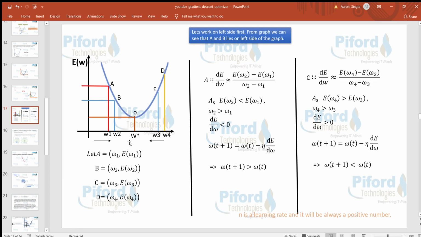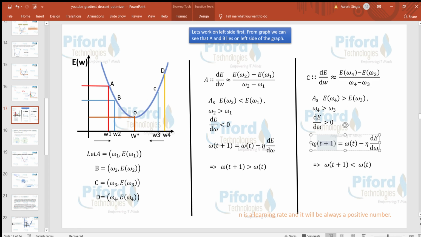We are going left, which is again good, because if we are somewhere over here, our optimal point is on the left, as you can see in this image. So that means we are going towards the global minima, which is on the left of these two weights. So we can say that by using this weight updation formula, the same formula which we have used here and here, we are moving toward the global minima, whether we are on the left side or the right side of the global minima.